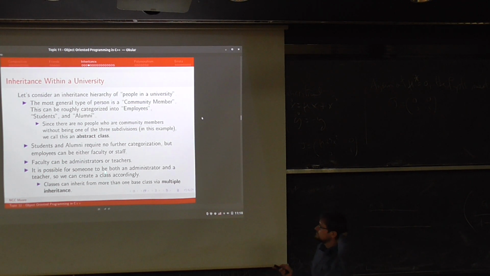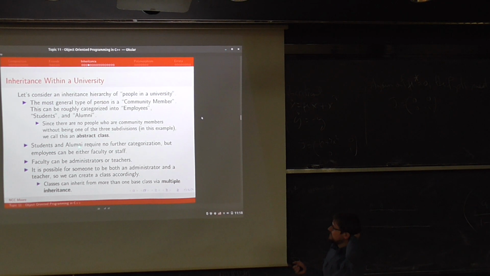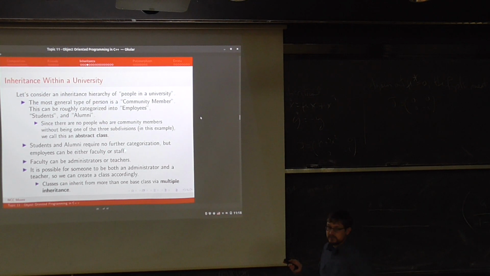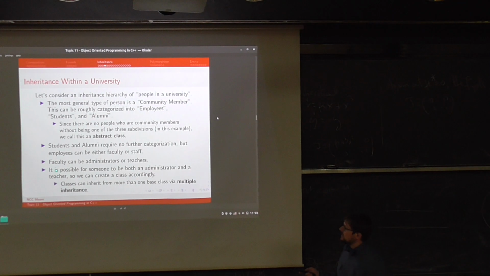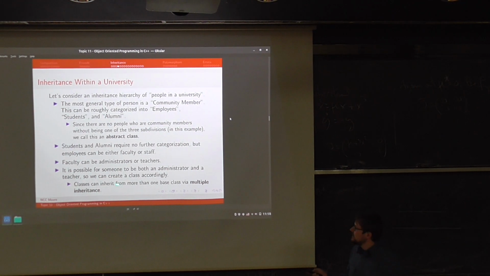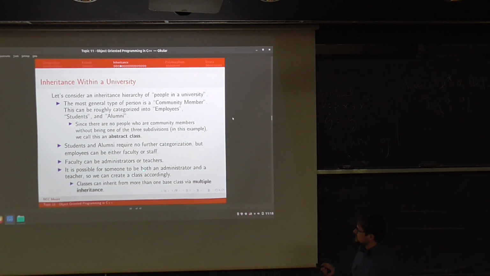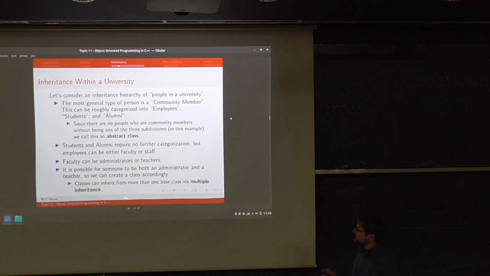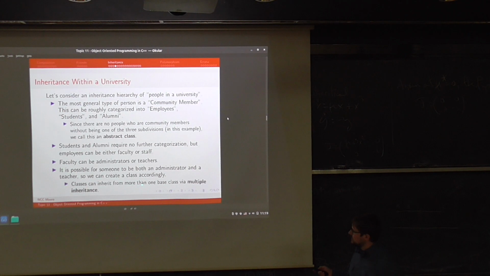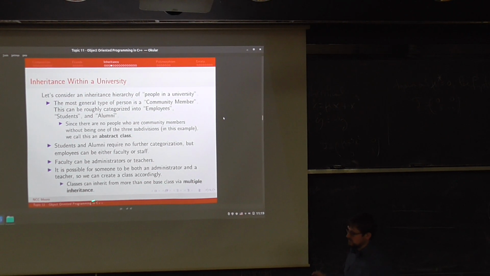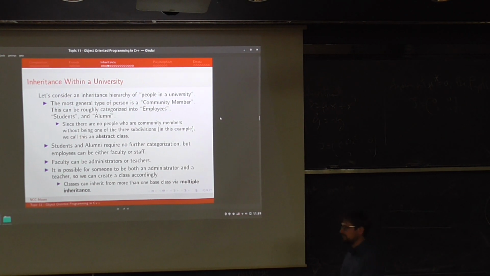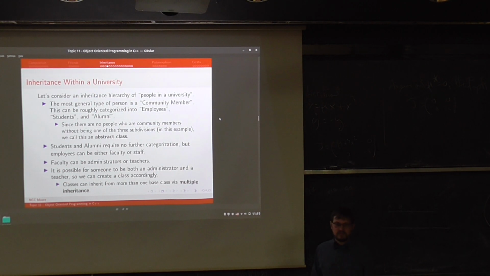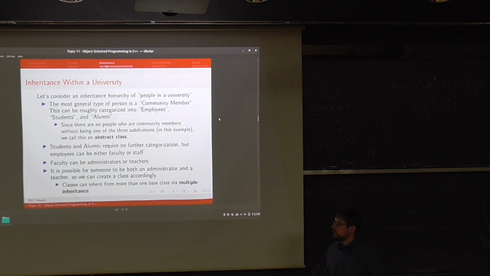So, students and alumni require no further categorization, but employees can either be faculty or staff. Faculty can be administrators or teachers. In this example anyway, it is possible for someone to be both an administrator and a teacher, so we can create a class accordingly. A class can inherit from more than one base class via multiple inheritance. So, this is where the animal kingdom example breaks down somewhat, but